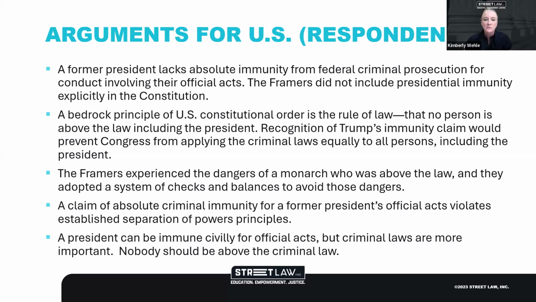Gregg talked earlier about the rule of law, the idea of an unlimited monarchy. I like to use visuals. Unlimited monarchy is like a triangle like this. The king's at the top, and the power comes from God and trickles down. And this wasn't made in the briefs necessarily, but this is the theory. It trickles down to the people. Democracy is the other way, right? So the people are at the top, and it trickles down to those in power. And if you're going to say presidents can commit crimes with no accountability, that's putting us back into a kind of monarchy, which clearly was rejected by the framers.